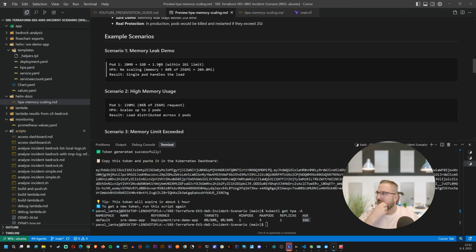In our case, what will happen is that when the pod is going up, it will actually just release all of the memory. That's how the application is written. I will show it to you in a second. But in this scenario,